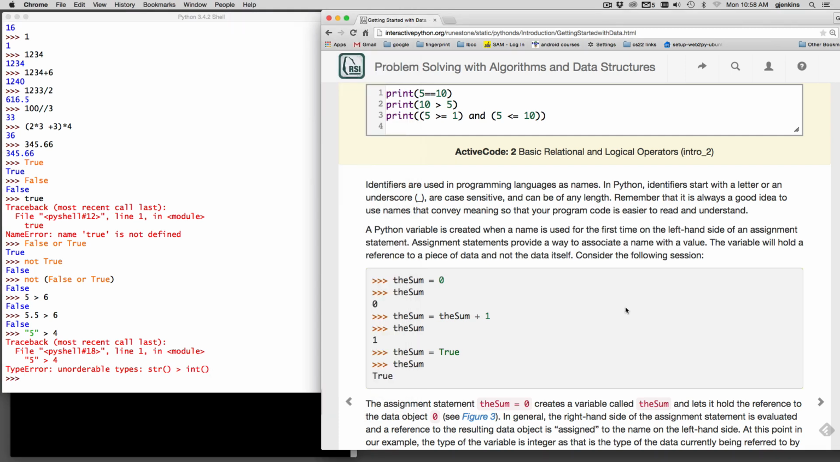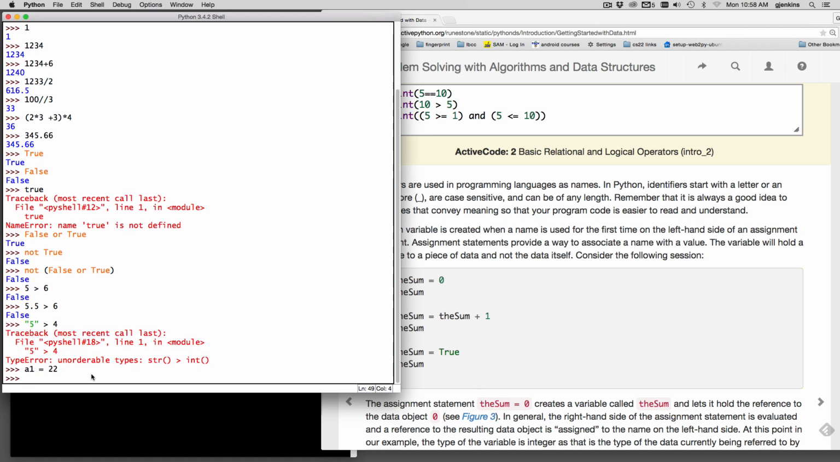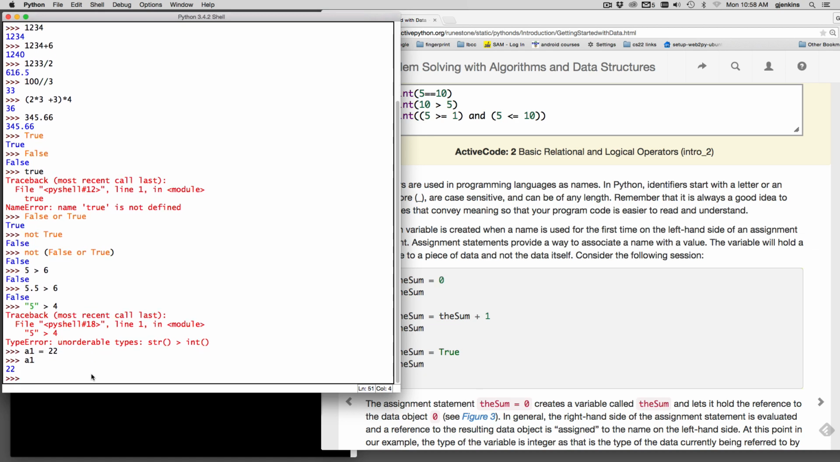Now we're going to introduce variables. Identifiers are used in all programming languages, and in Python, identifiers can start with either a letter or an underscore. They're case sensitive, and they can be any length, and they can contain numbers too. So we could set a variable a1 equal to 22, and then we type a1, we see the result stored in there. We can do a variable that starts with an underscore,